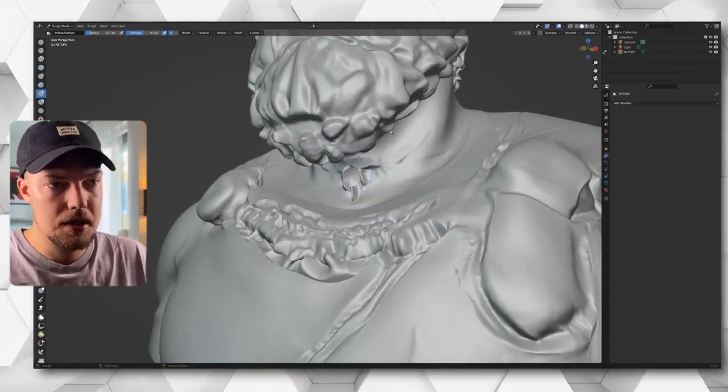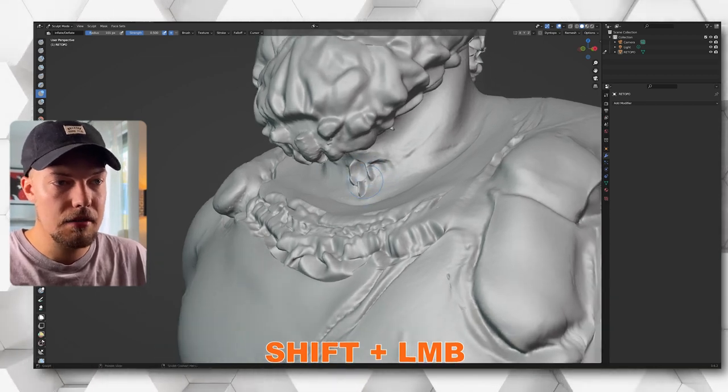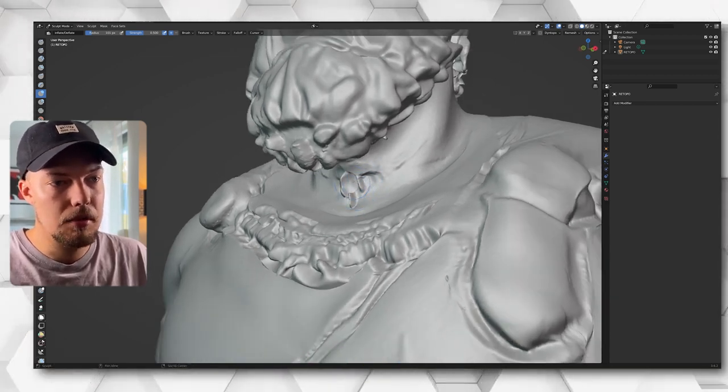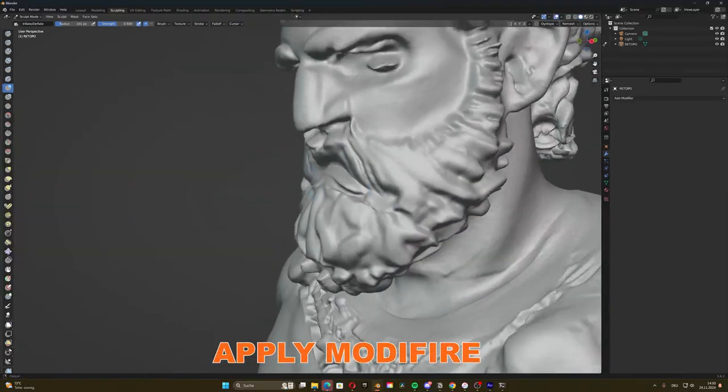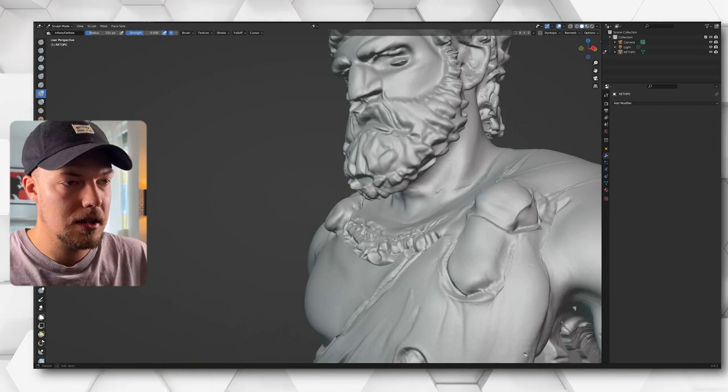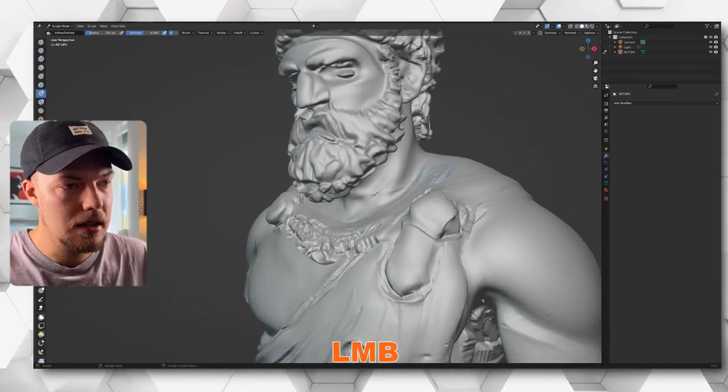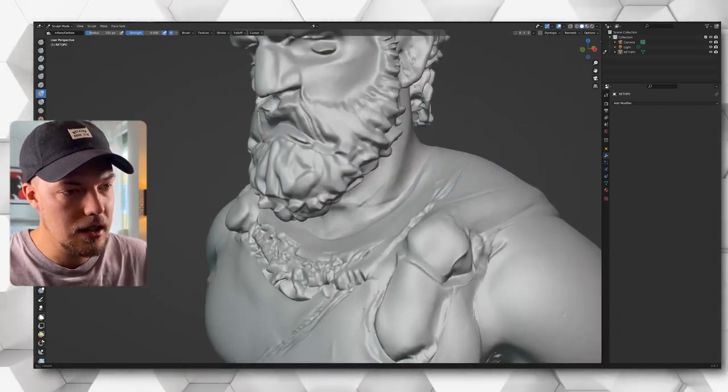What you need to do is then only hit shift and left mouse button, and then we can smooth out any issues that we have on the mesh at the moment. The only important thing is really that you apply the modifier. We can also, for example, just hit left mouse button and you can see it's pulling out details over here,